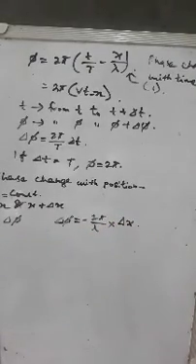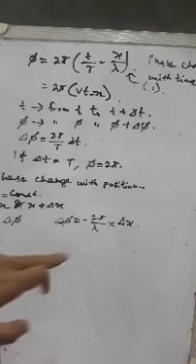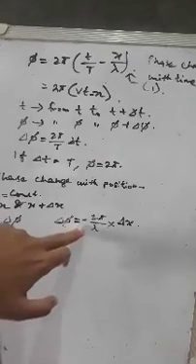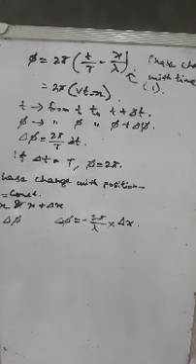Now you can ask why I have written this negative sign. The negative sign here indicates that for a wave traveling in the positive x direction, just remember the graph that we have done, particles having higher values of x